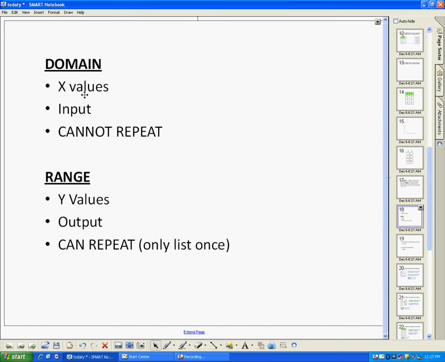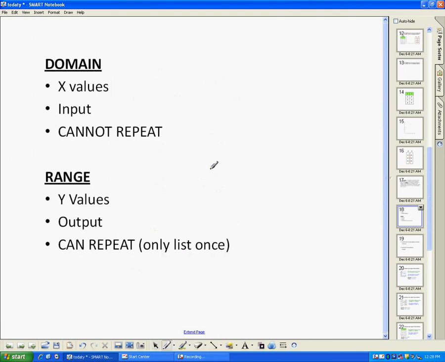You can also think of your x values or your domain as your input, and it's important to realize that your domain or your x values cannot repeat. Your range, your y values, which is also like your output, can repeat. And if you're ever listing the range, you only want to list it once. So for example,